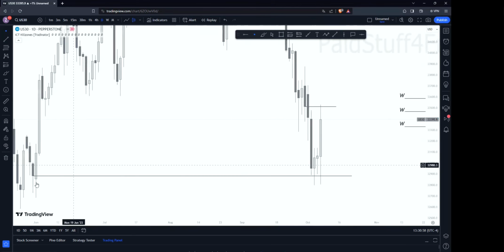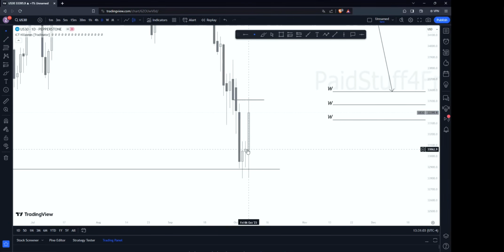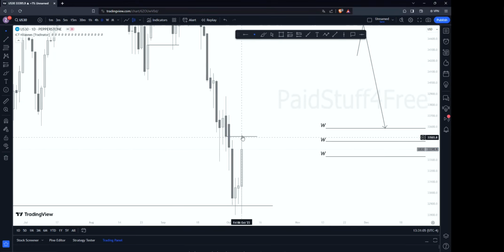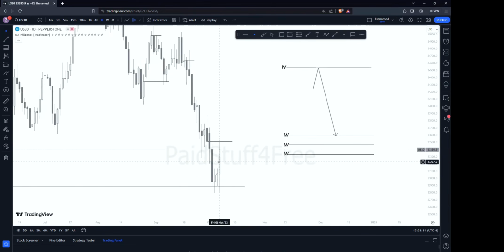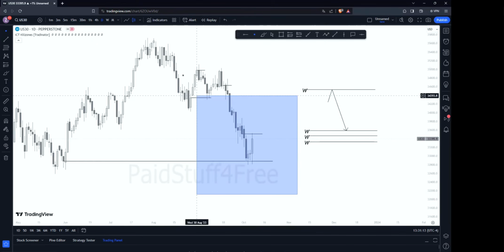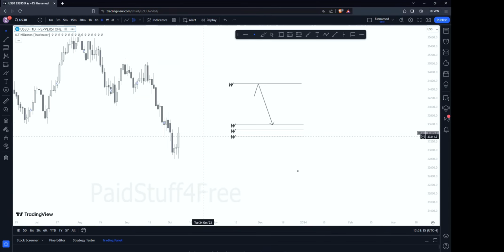So price went from this weekly level to that weekly level, and then maybe from this weekly level down here, or if it doesn't want to go down from there, it wants to go higher there. I will show you how to identify the start of a storyline and the finish of a storyline. So I'm going to give you homework before we actually do that.